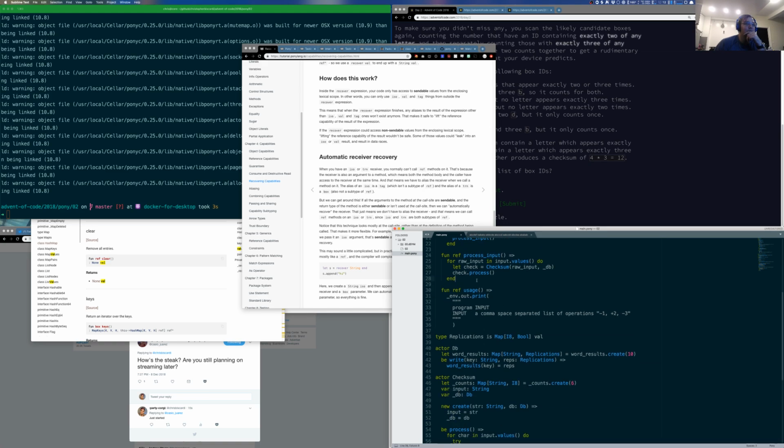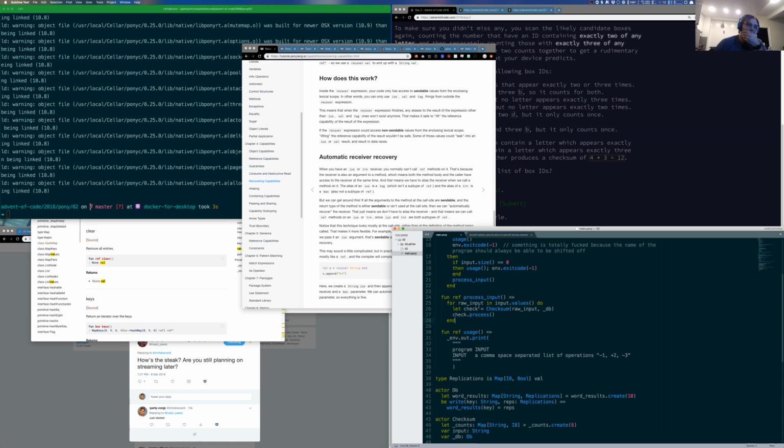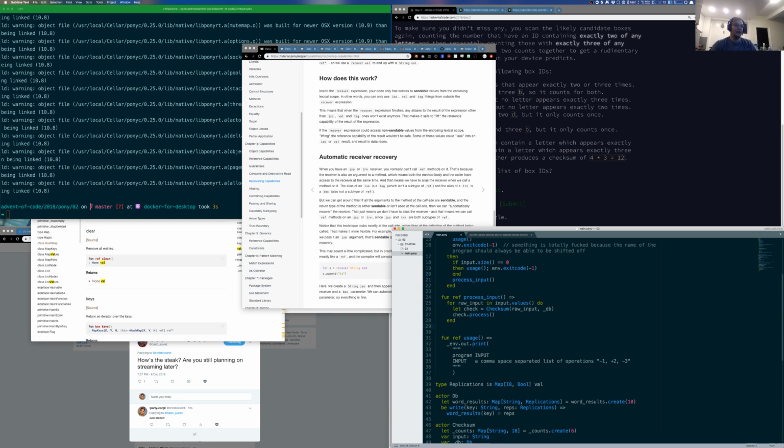Okay, so DB now has everything. Because actors are sequential, if I have done all of this processing in this loop, then my understanding is that if I call db.print_output, and this is a behavior on db, word results, then the thing that I need to do here is the